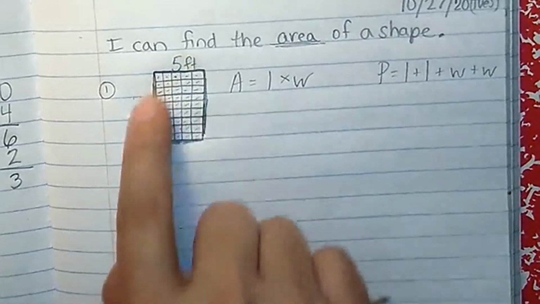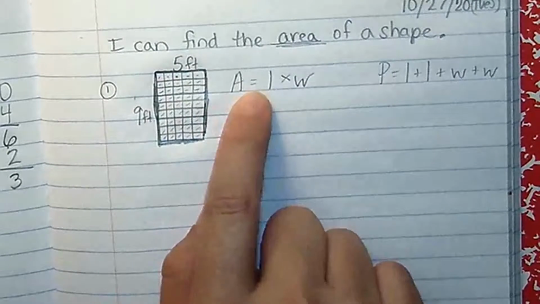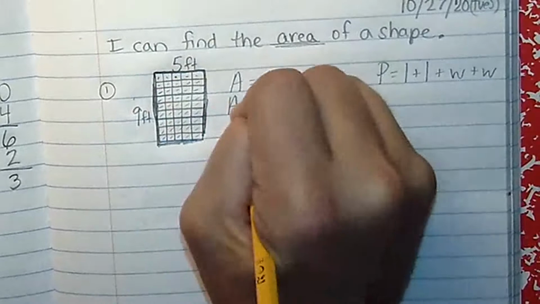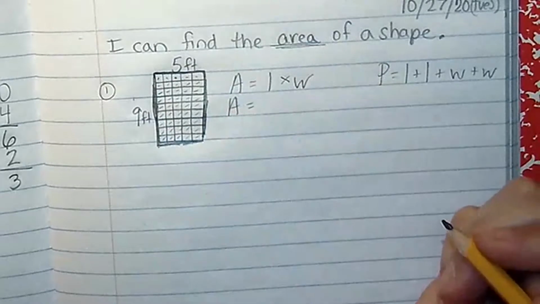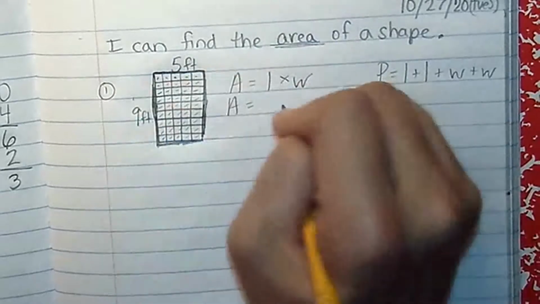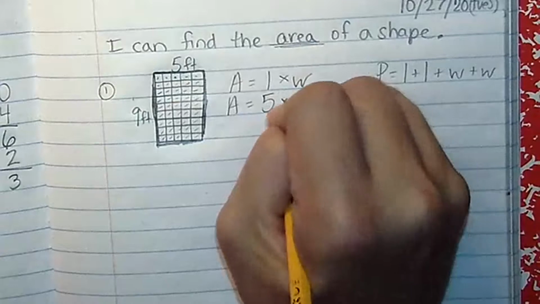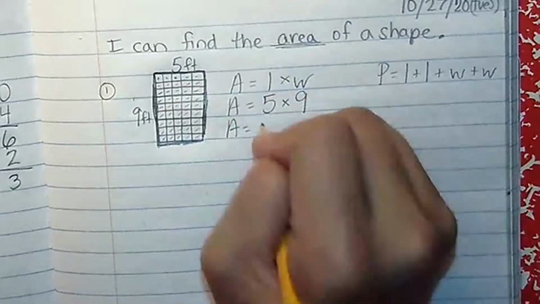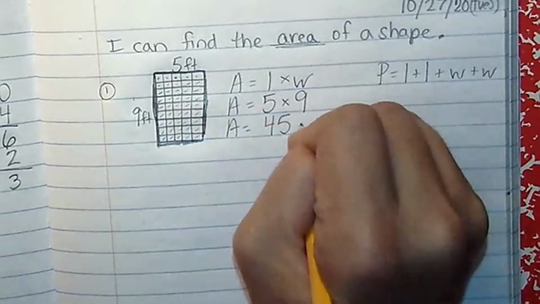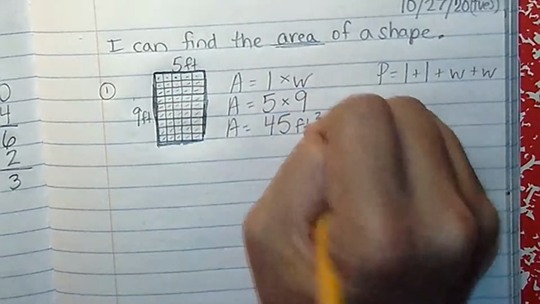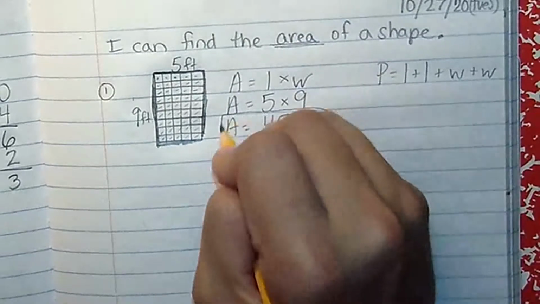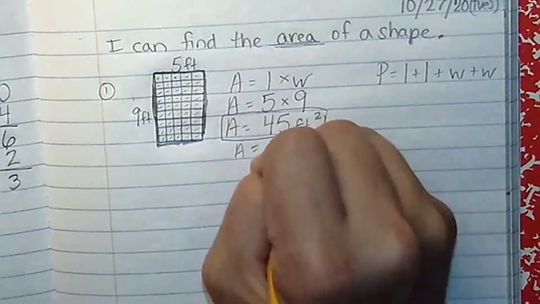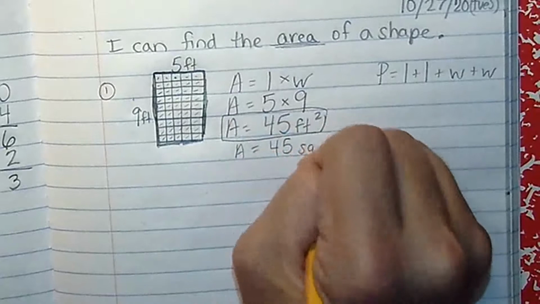So let's find the area for this shape. Area equals length times width. I'm going to write it again. Area equals, what is my length? All right, if we want to say 5, that's 5. 5 times 9. And the area equals 45. Now I put feet, and I put a tiny little 2. That means square feet. You could also write area equals 45, and if you wanted to put an SQ for